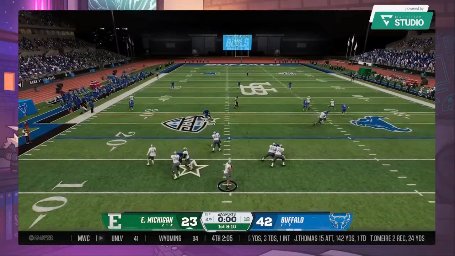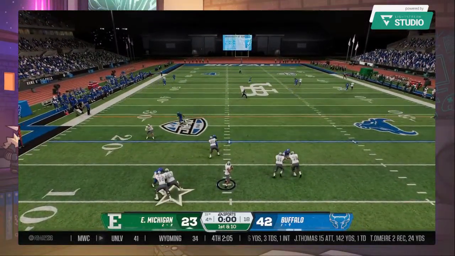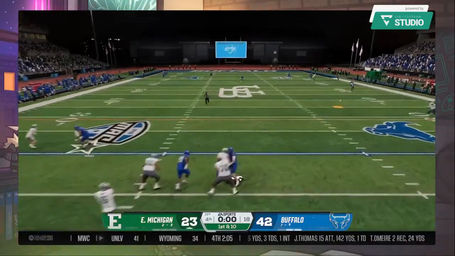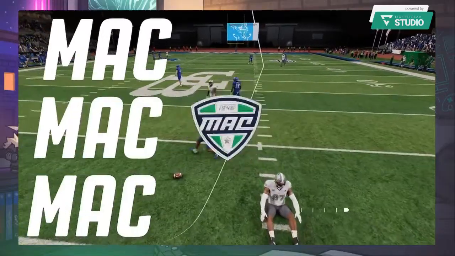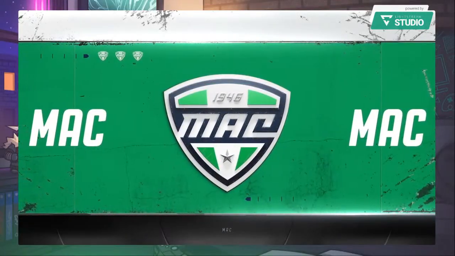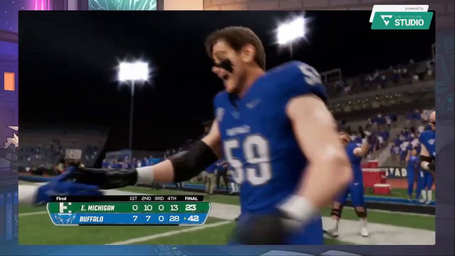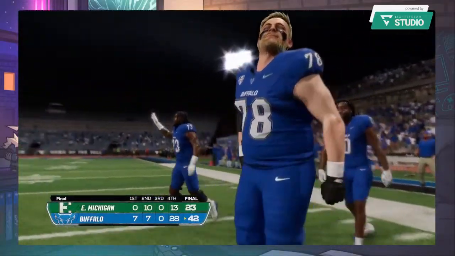Wants to go up top on first down. Throws for the tight end. Ball is dropped, incomplete, and that will do it for this one. All business today for this ball club. They come out and they get the win. And that's all that matters.